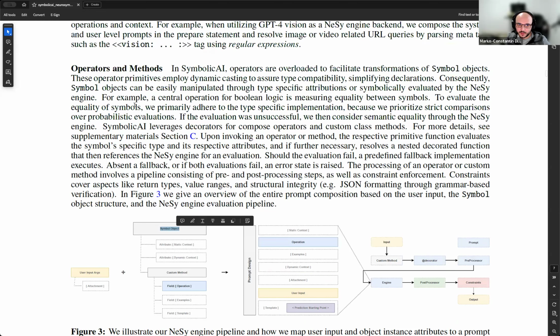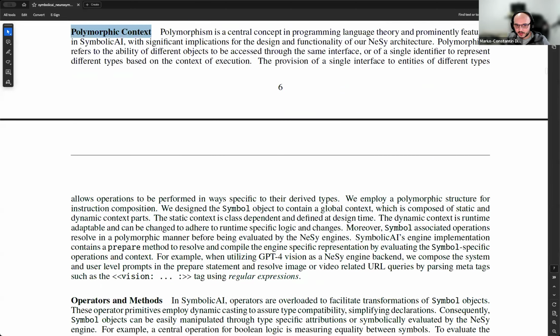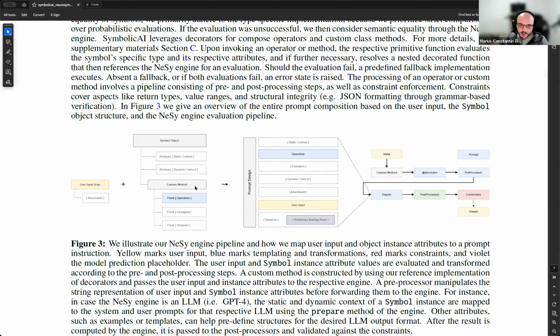And here above, I talk about polymorphic context, meaning how we create this kind of polymorphic behavior. It's basically by grounding the model in a static context and a dynamic context. The static context you can think of as system prompts, as introduced back then with GPT models and so on. This is something you decide at design time: this class or this symbol behavior is grounded in this kind of context, right? So, I don't know, you are an animal and do this and that, and it's your derived symbol, an expression that is very animal-like.